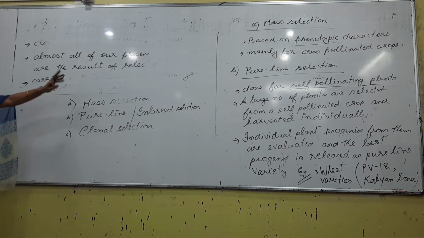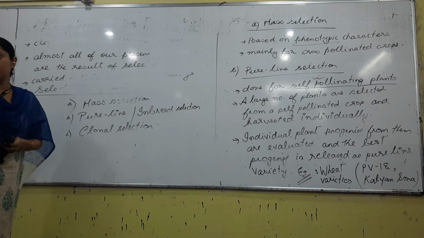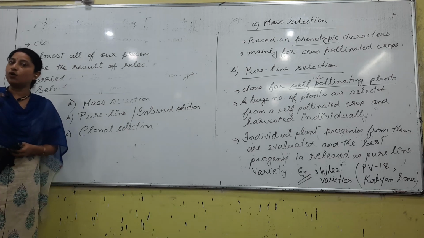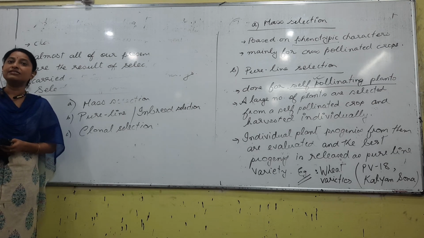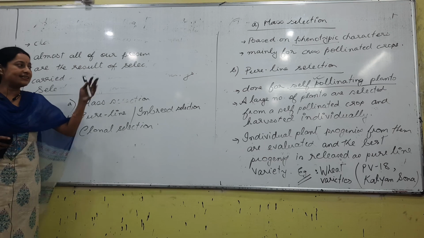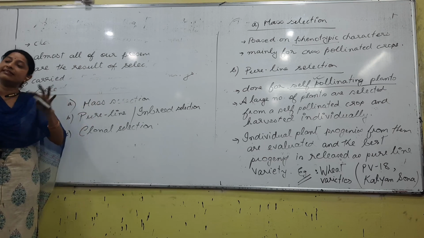Select duta buzi palu, either morphology or selected from a pure line or selected from a clone. Clone kenege produce koriba, adult plant loba, asexually reproduce koribol diba, the offsprings would be called as what? Whenever we talk about asexual reproduction, no, tar jimanbur offsprings produce kore, all of them are same, yes or no? Yes, so they could be called as what? Clones. So you select amongst the clones and that is what is called as clonal. These are the three methods by which you can select the parent.